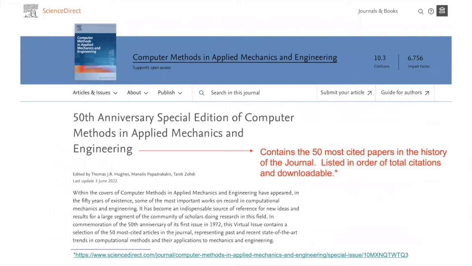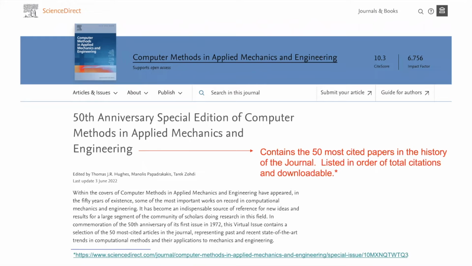If you want to get another glimpse of the history of the finite element method and computational mechanics, we recently put out a 50th anniversary special edition of Computer Methods in Applied Mechanics and Engineering. This is sort of the leading journal in the field. It really is a journal that over these years, at least while I was editor for the last 43 years, has really spanned engineering to mathematics and every linear combination in between. So what you can do if you go there, you don't need a subscription or anything like that. It's wide open. You can download the 50 most cited papers and a